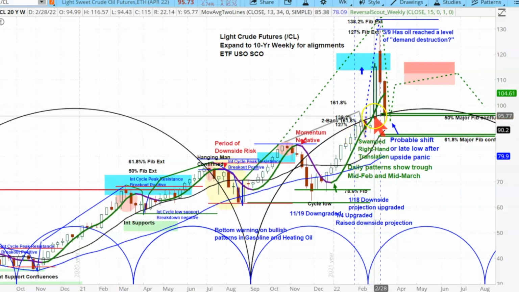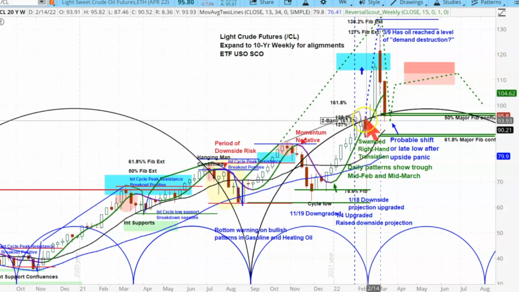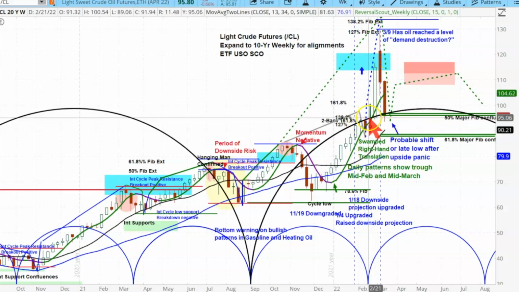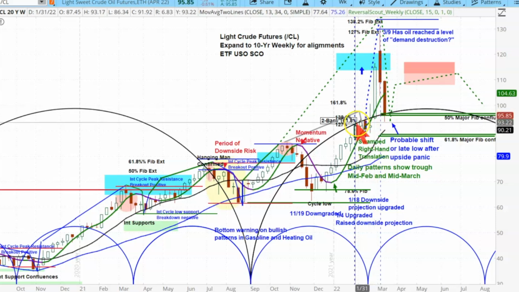So right over here is where they actually invaded, and you had that huge upside move and that breakout in light crude, and we saw this happen in the metals, and we saw this happen in the grains, and pretty much the same thing. So for those of you that are new, and we have a lot of new members